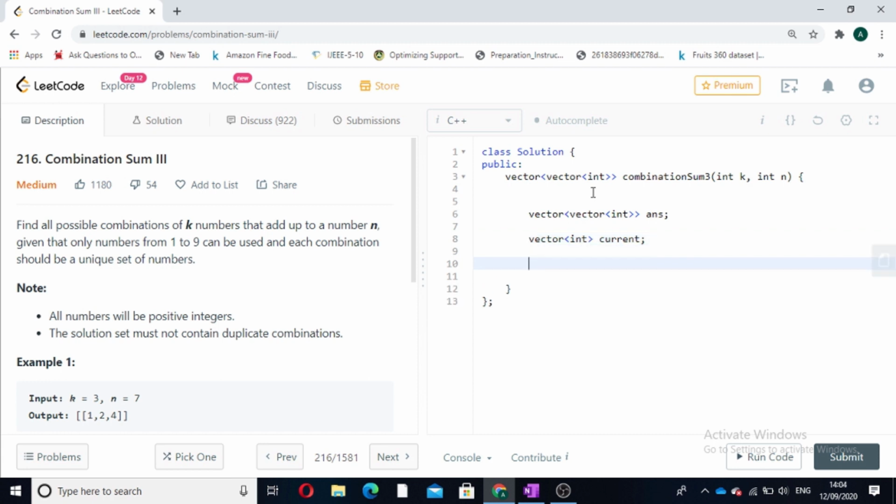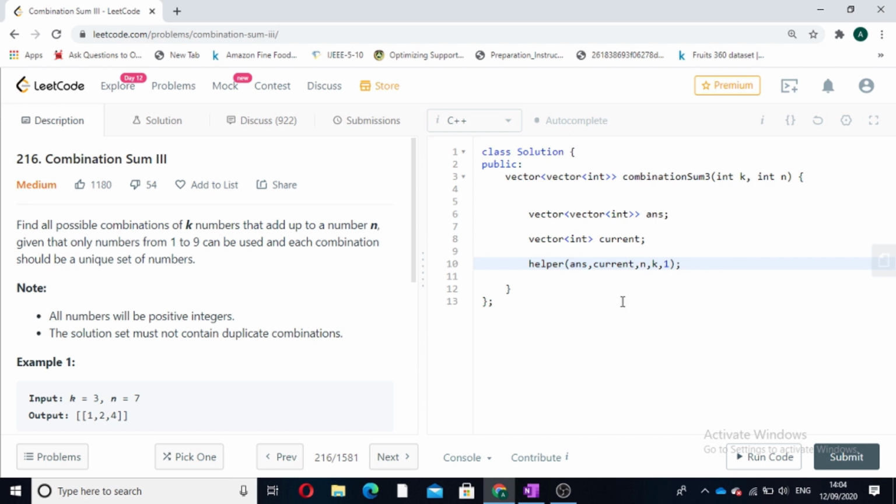Now what we'll do is call a recursive function in which we will pass this answer, our current vector, our target that is n, and our size of the target required that is k, and the starting position that will be equal to 1, because we are given the numbers from 1 to 9, so our starting number will be 1.